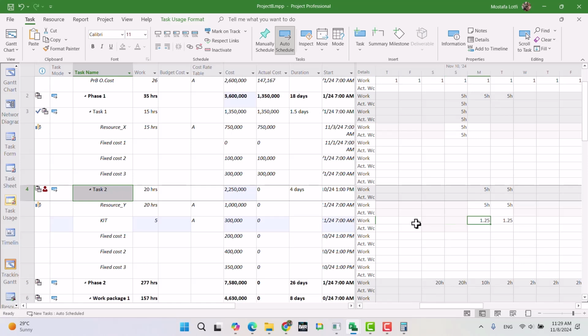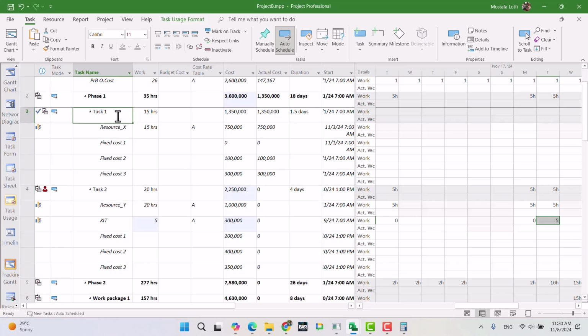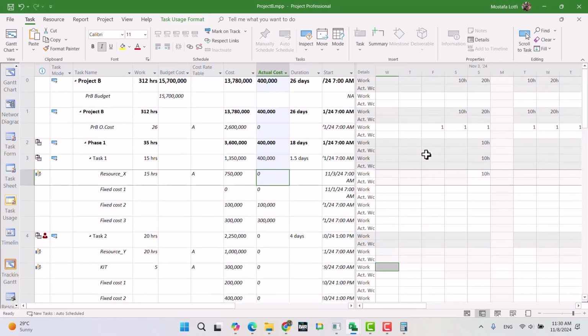First, let me fix my mistake. Then we quickly try to update it again. So this task is not, let me make it 0. Okay, you can keep this. Sure. The problem is